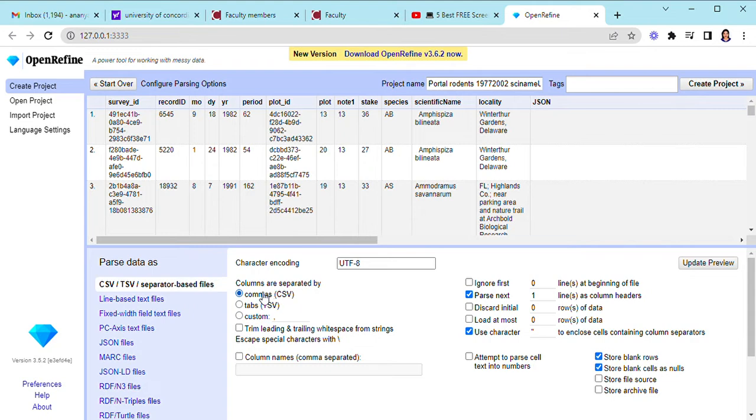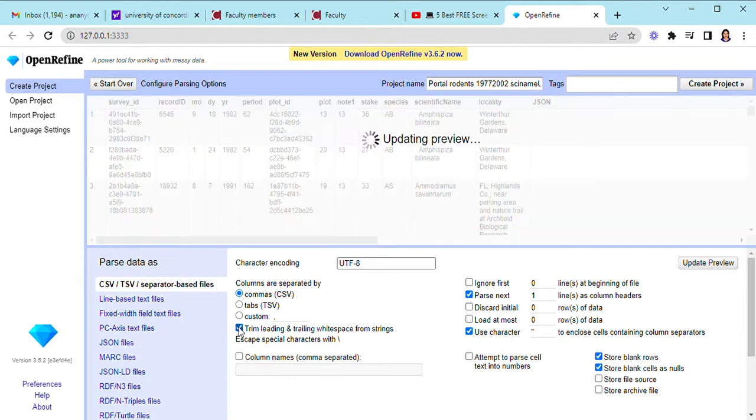And then we can see this is comma separated values. After that we have to trim our data. For example, the values may have spaces at the start and spaces at the end, so we should trim our data. And for that I have to click there,